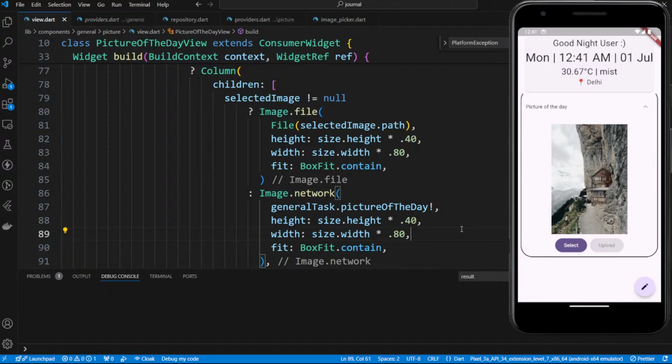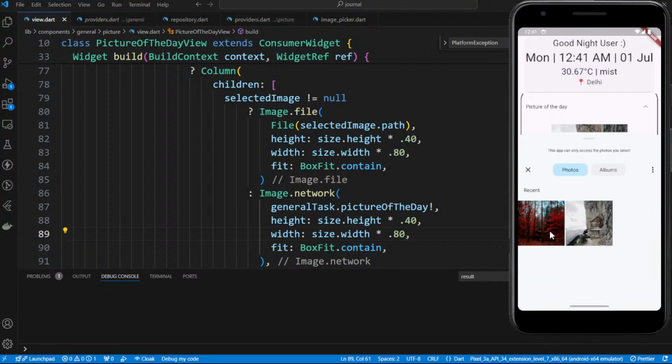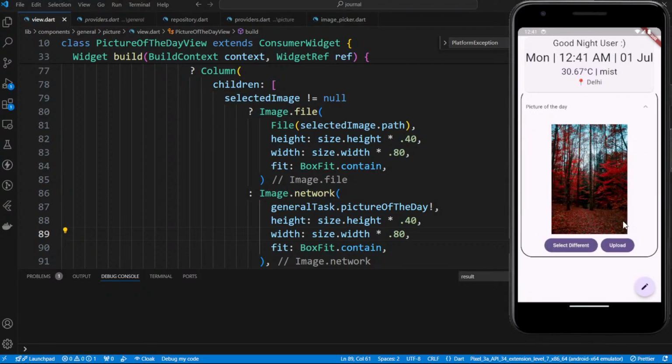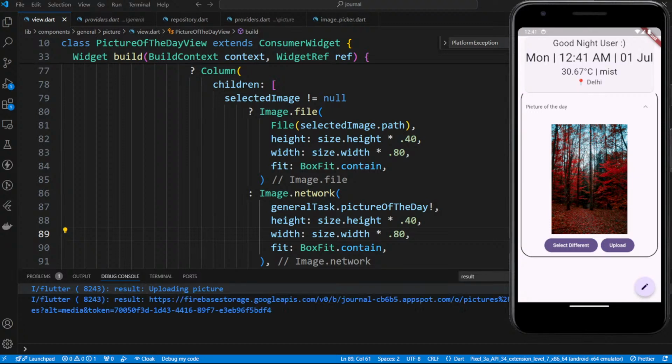So how this works is, now you cannot upload because this is already the selected image. You can select one more, select this red one, click on upload. This is uploading, right? And it's already uploaded. Now even if you restart the app,